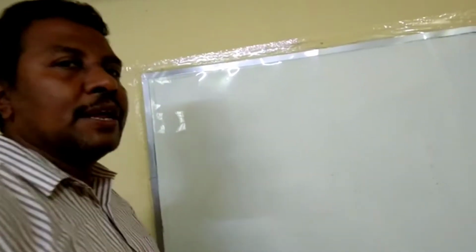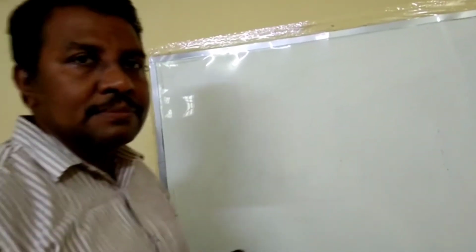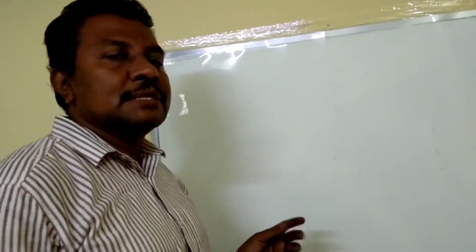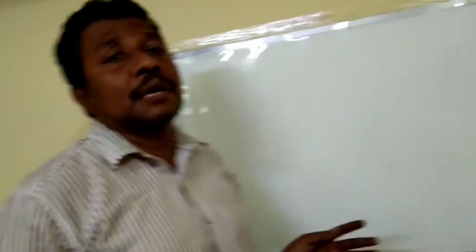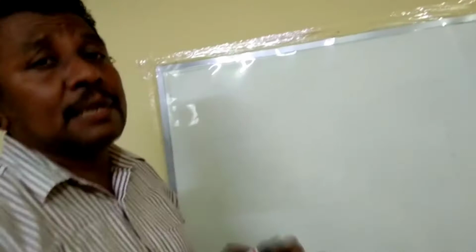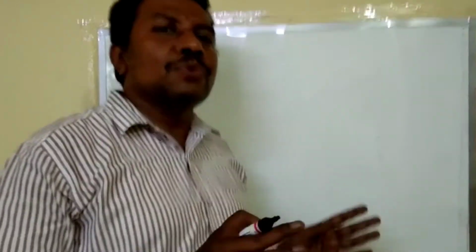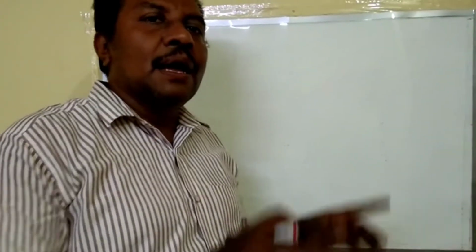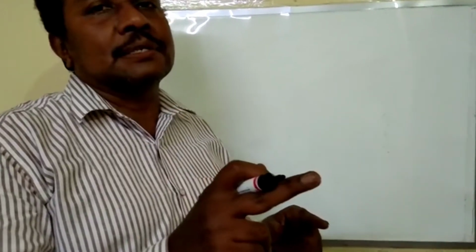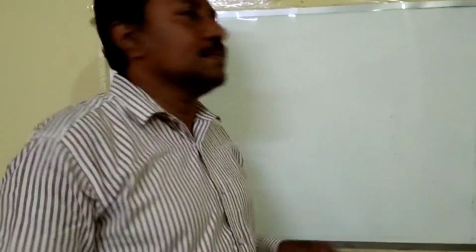Today we will discuss finding the distance between any two points of a line or a line segment which is neither parallel to the coordinate axes, I mean the x-axis and y-axis. In the previous class we had discussed how to find the distance between two points on a coordinate axis, that means the x-axis, and on a line parallel to a coordinate axis, that means the x-axis and y-axis.